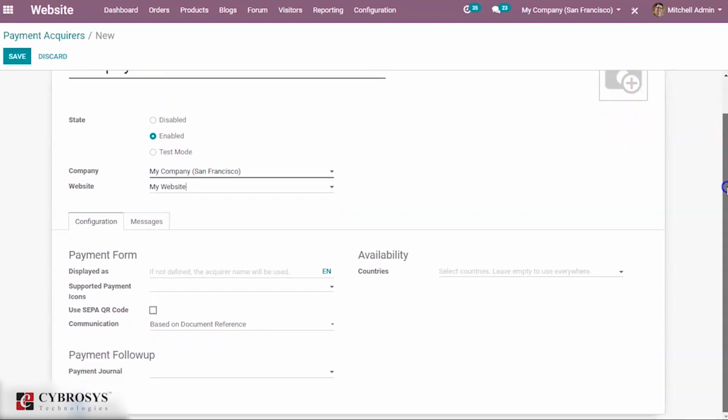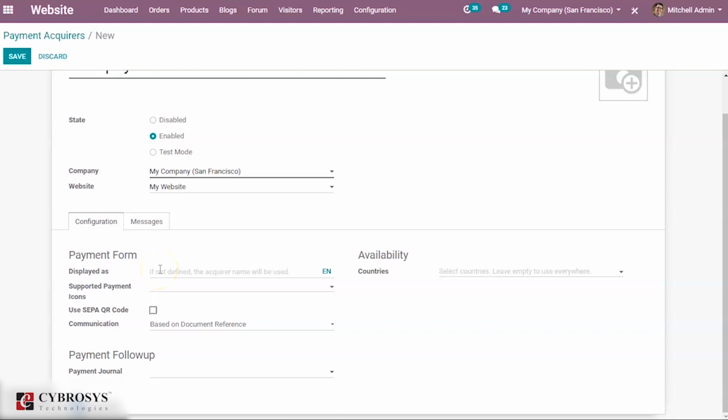When you come down here, you can see two different tabs, that is configuration as well as messages. Under configuration you can see different sections, that is payment form, availability and payment follow-up. Under payment form, you have an option called displayed as. This shows how to display this acquirer to our customer.